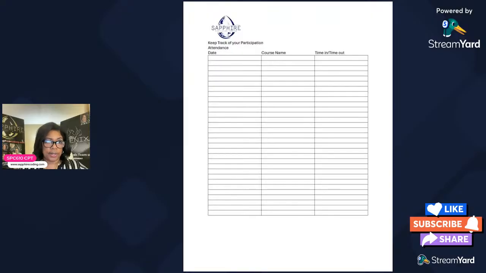So I put this up here so that you guys can see the attendance sheet. That's an attendance sheet that I actually use, but you can use that when you are starting class with me. If you're starting class on YouTube and you want to keep up with what classes you've seen, what you've done already, you can use a sheet like this. I'll put this on a download. These sheets are actually in the Sapphire Academy, but you can also have access to a sheet like that.